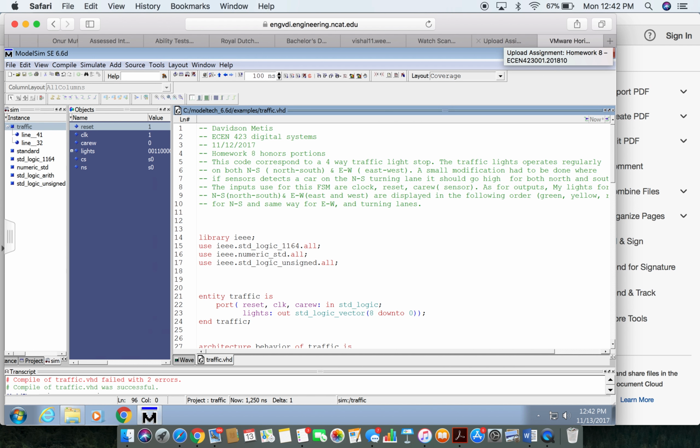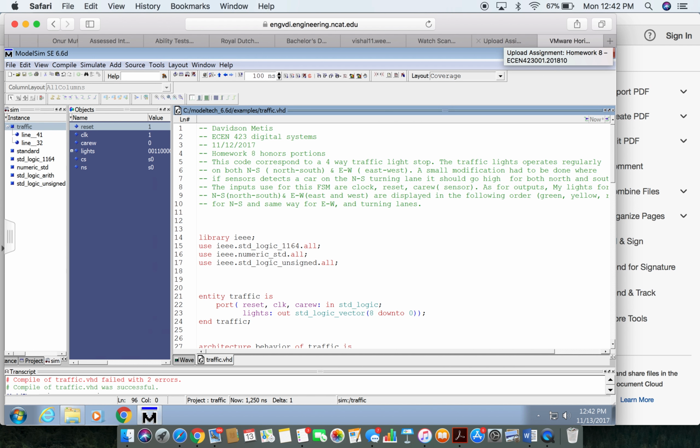I have my state diagram over here and I shall be going through it. For state 0, my traffic light is red on north and south, green for east and west, and red for my turning lane. If I get a 0, where it doesn't detect a car, it should stay at state 0. If I get a 1, it should go to state 1, where my east and west traffic light is yellow and